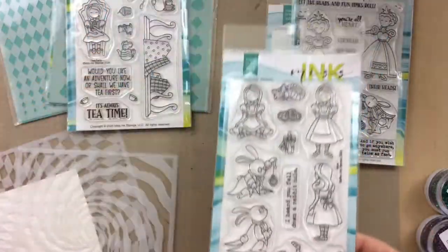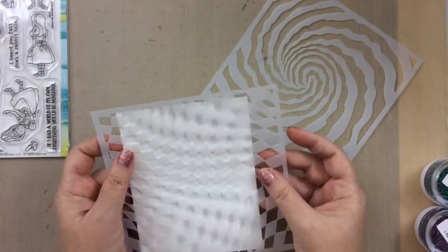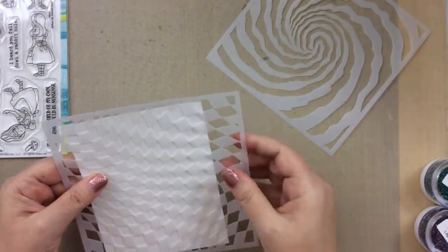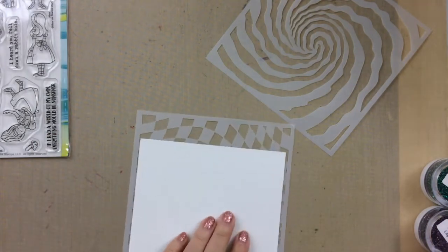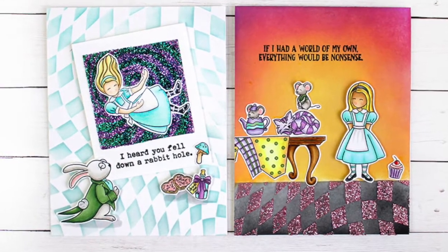So very pretty, and today I'm going to show you 2 ways to use that Dazzle Dust along with these stencils and some of the Alice sets that I showed you earlier. Here's a look at the cards we're going to create, and I hope you'll stick around